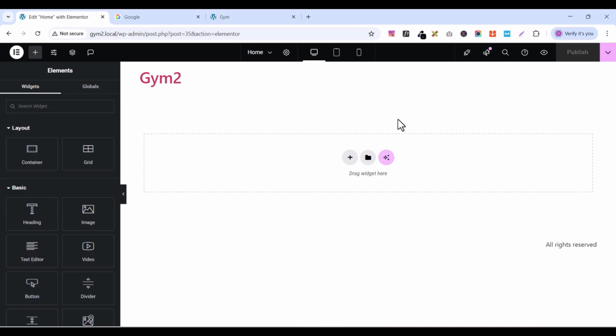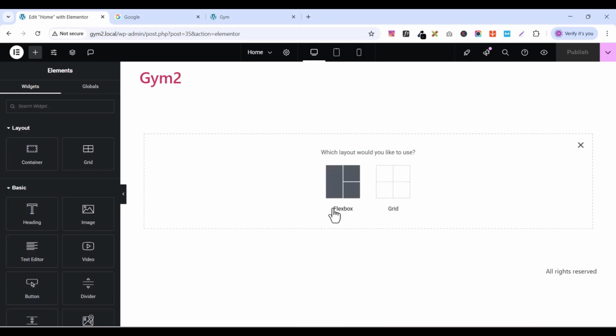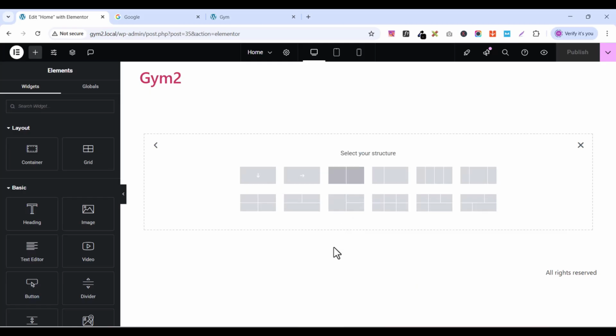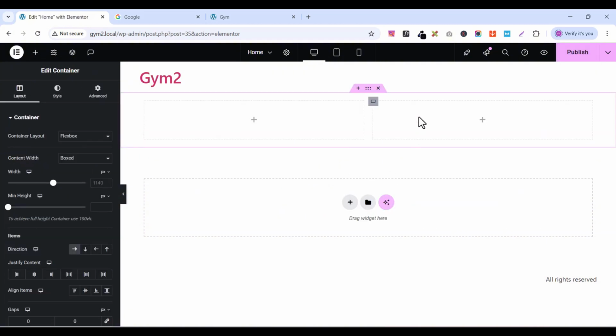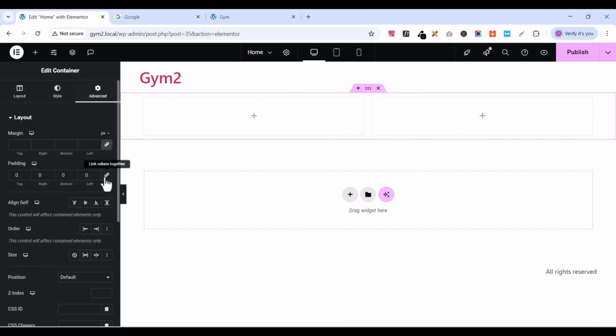So from here, we can start creating our page. So to create our first container, we have to click on this button. It will take you to this flex box. Click on this flex box. And here we need a 2-column container. So select this 2-column container. Click on it. Okay, so after that, you click on this section, go to advanced, remove the padding, and add